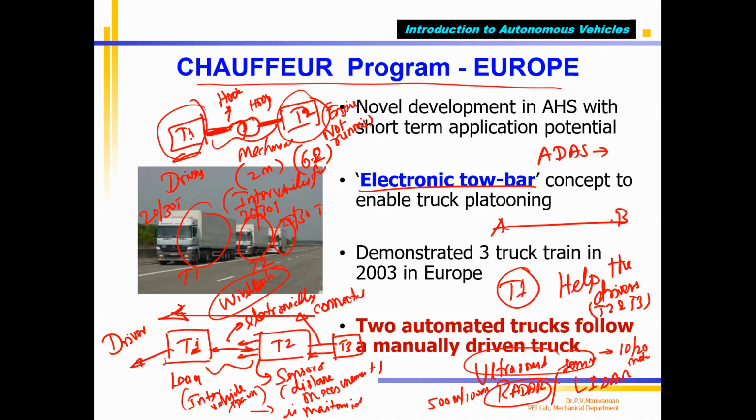So then LiDAR is also available to measure up to 150 meters, 100 to 150 meters, but they are very expensive. LiDAR, all those things, 150 to 200 meters, maybe costing 5 to 6 lakhs or 8 lakhs, correct? Now they are trying to make it low cost. Radar also is not that costly, maybe $1,000, $2,000 or $3,000, something around 2 lakh rupees, which can measure up